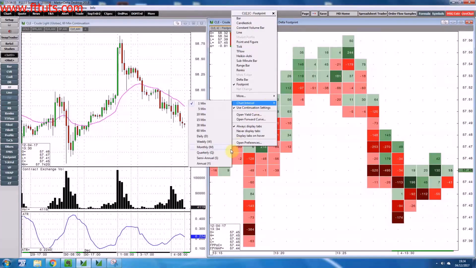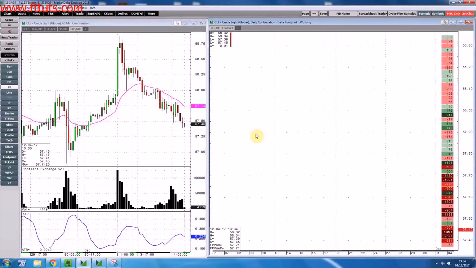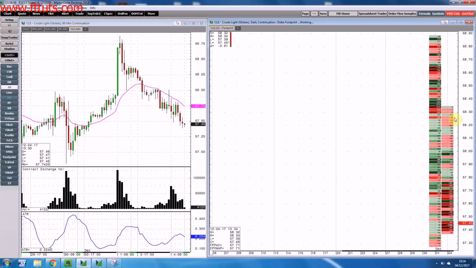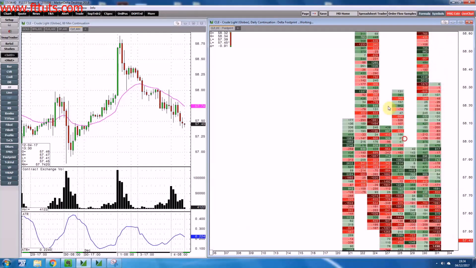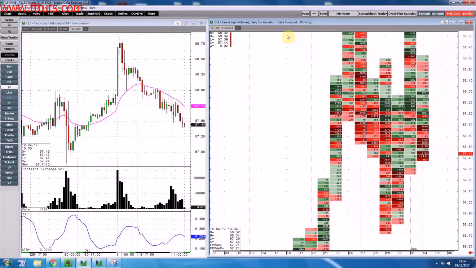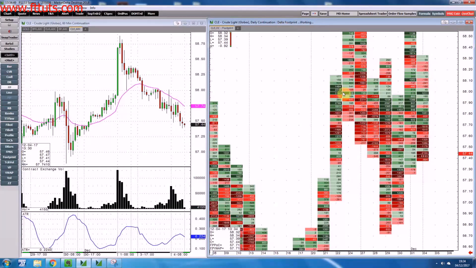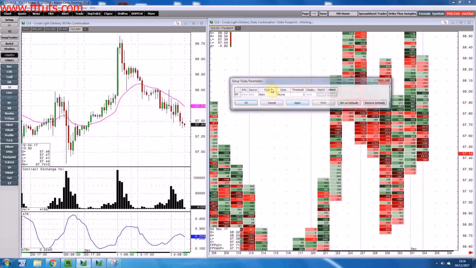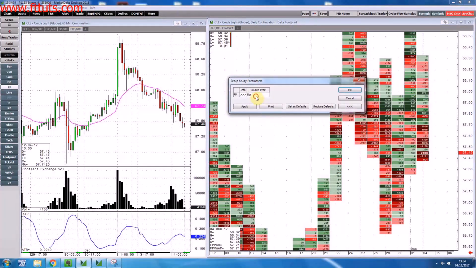Now, this is very, very handy, particularly when you want to see, for instance, what the positioning is day to day. If you want to quickly see what the delta is from day to day, you can simply use a day-to-day market profile delta. So obviously the second one we want to look at then is the info source, the source, and that'll be